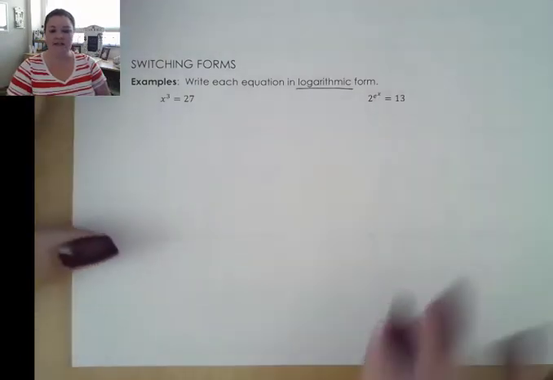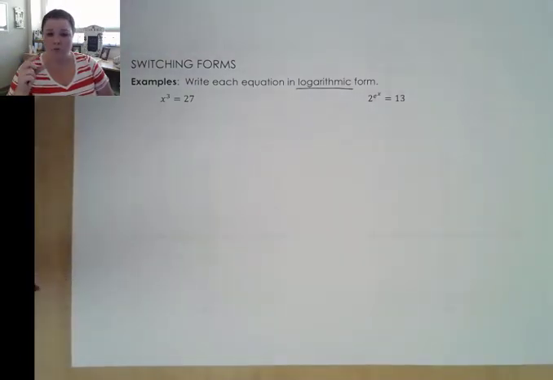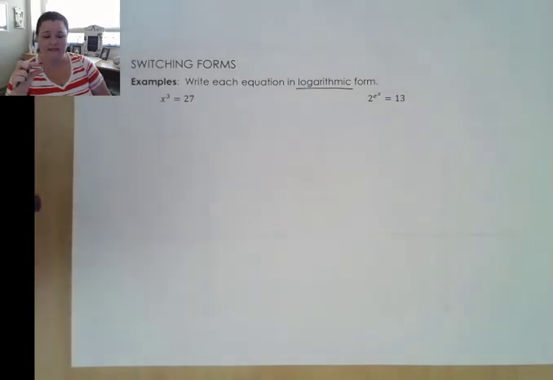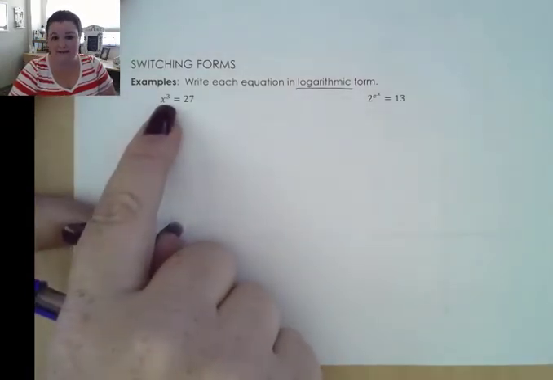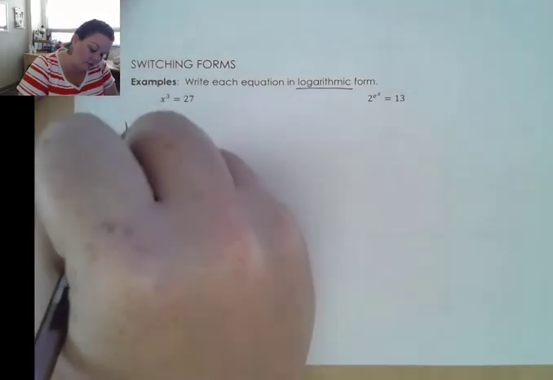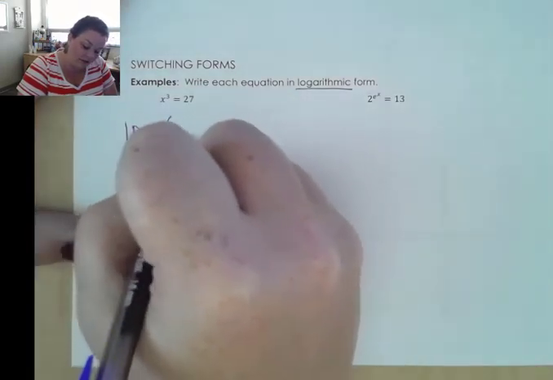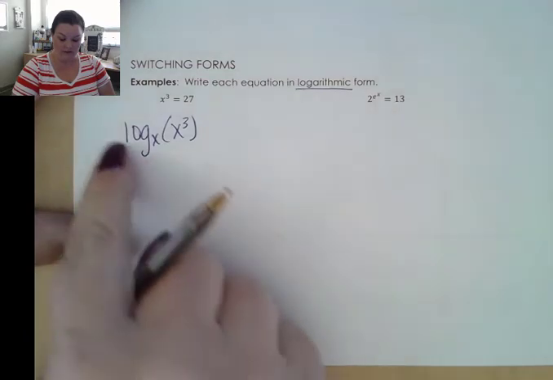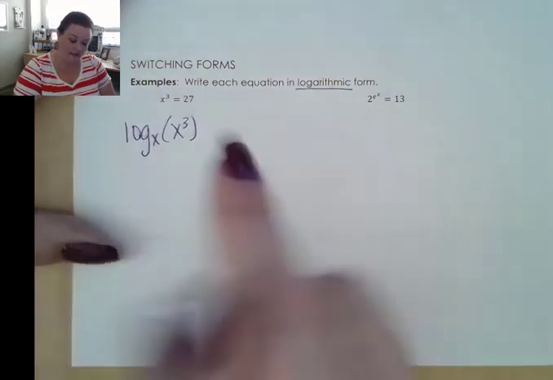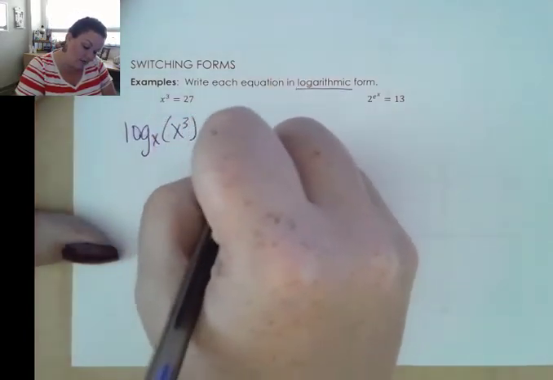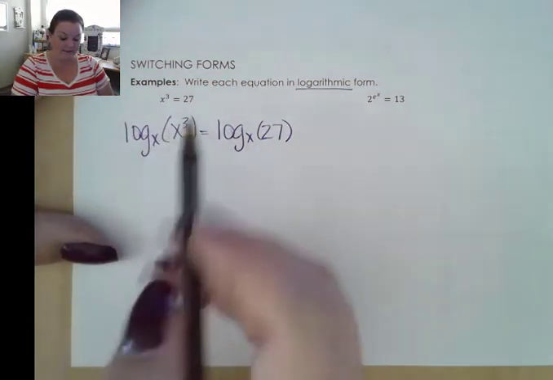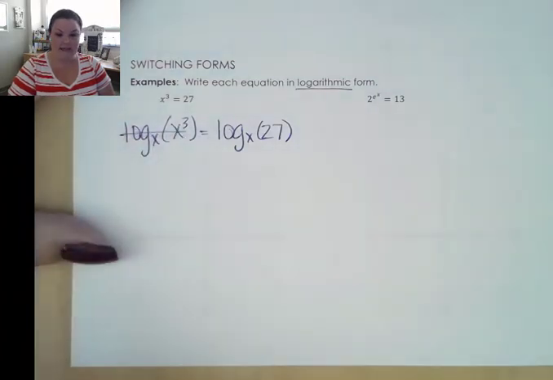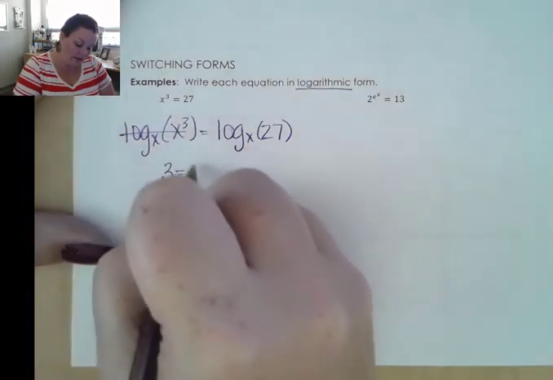Okay, so just like we did on the practice problems above, we would really like to have the log base and the exponential base be the same, so they cancel. So if I'm trying to get rid of an exponential base x, I need to use log base x to get rid of it, right? And then those will cancel. But if I do log base x on one side, I have to do log base x on the other side. Okay? So log base x of x cubed, the x's cancel, and I'm left with 3